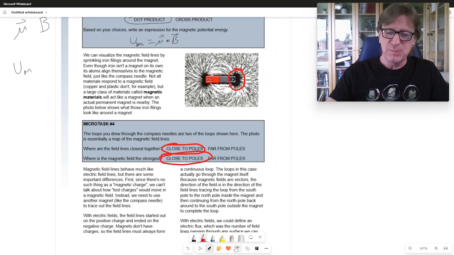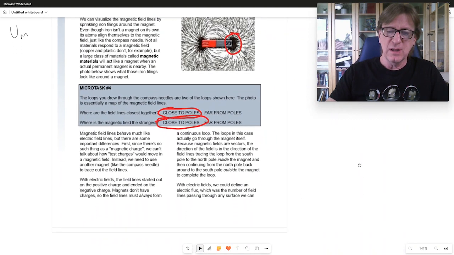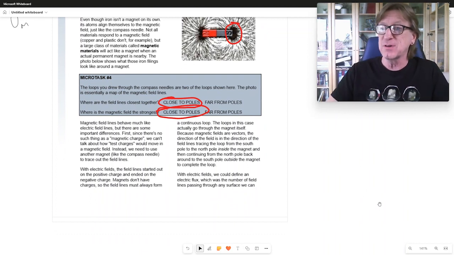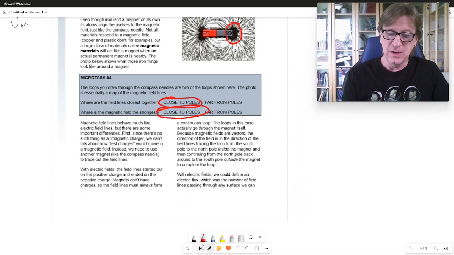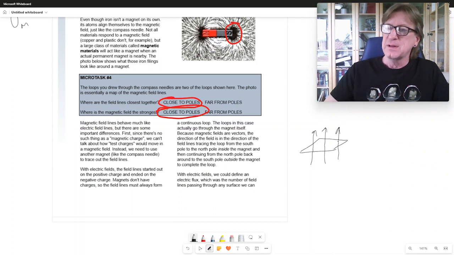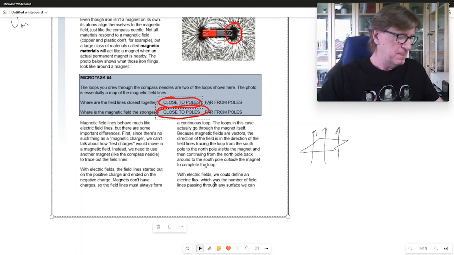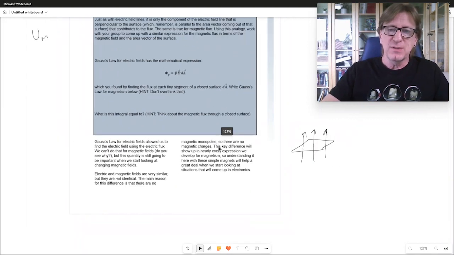Now, this next part that we have down here, we're talking about flux. Now, we defined an electric flux to be the number of field lines that penetrated some surface. So, maybe our simplest case we had looked like this. And so that gave us our electric flux. So the problem that we have here, and I'm just going to delete this page. If I can find my hand, here we go. The problem that we have here, though,